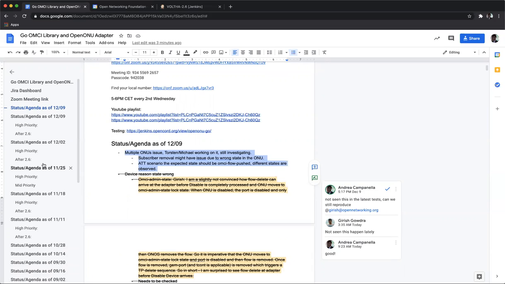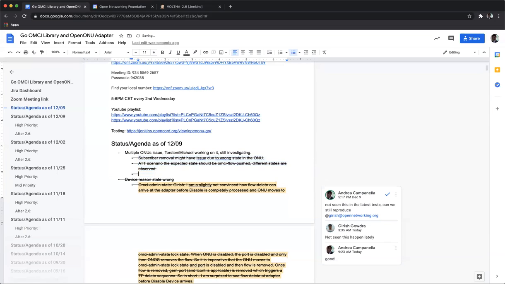I think it is related to the discussion that we had in Slack recently with Girish concerning the critical sequence of flow deletion in the OLT adapter in connection with the ONUs. I think some problems of that are related to this issue.